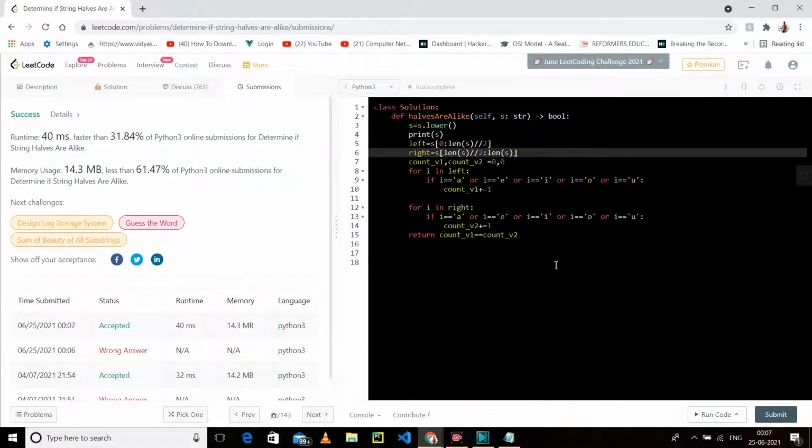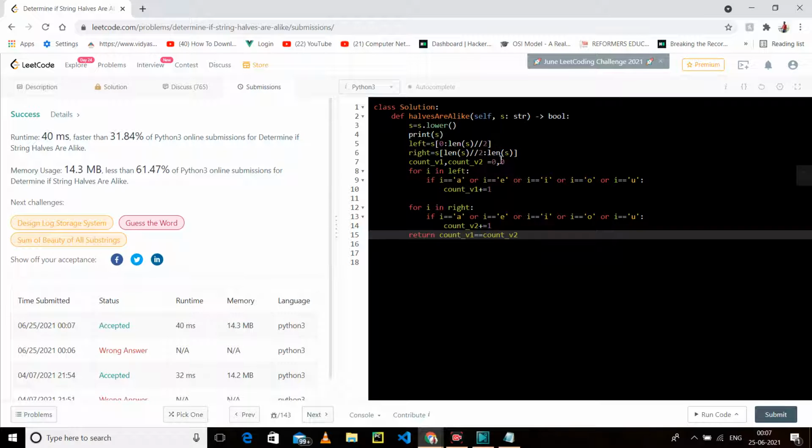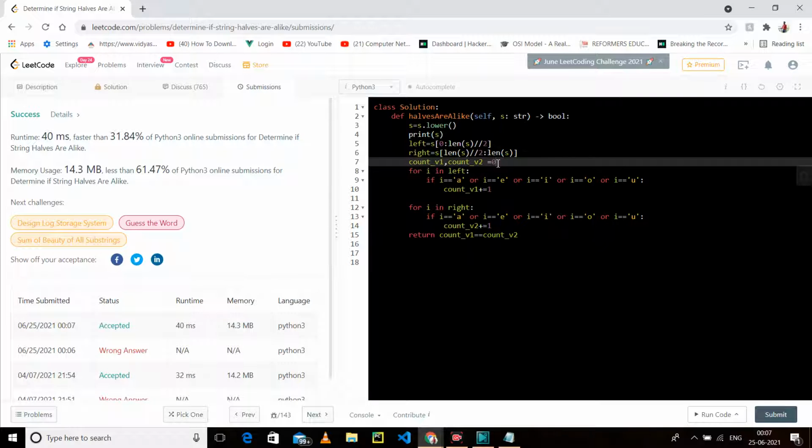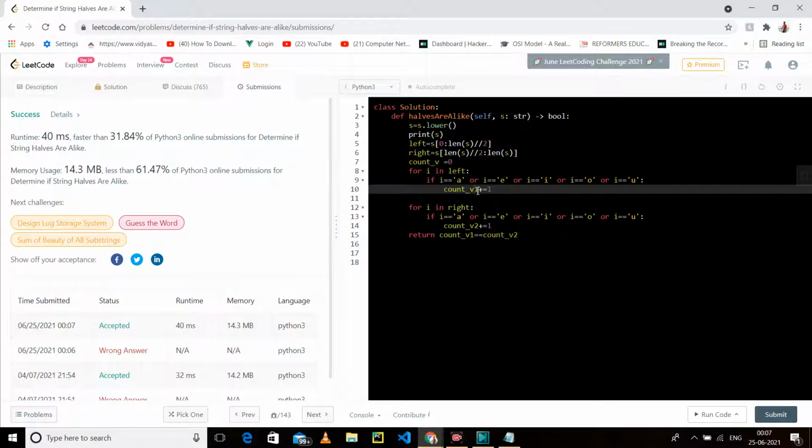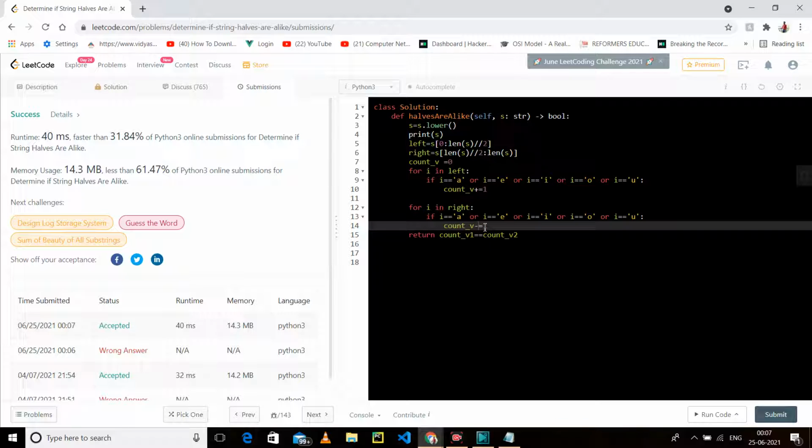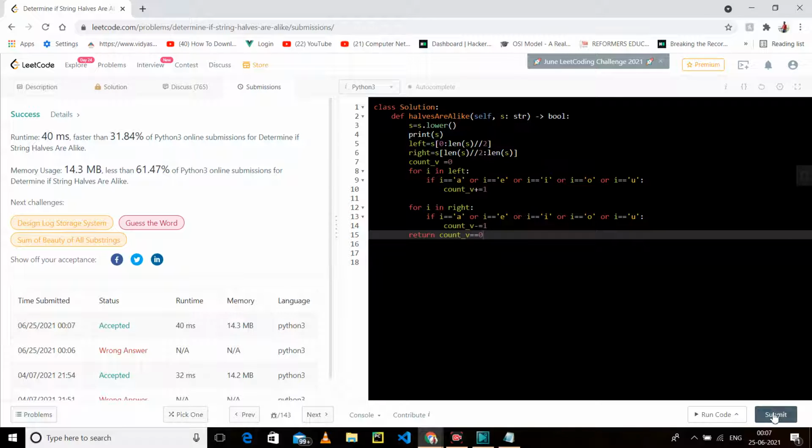Okay, so what optimization can we do? Instead of taking 2 variables, we can take 1 variable. Why? If we find 4 vowels on the left, we increase the count, and then on the right we decrease it, so it will go from 4 to 0. If it is 0, then return true.